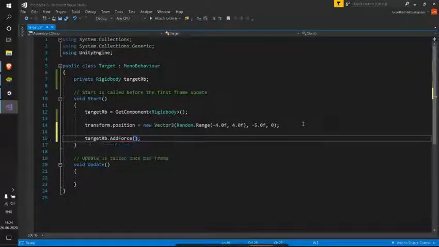As we already know, a vector has a particular direction and a particular magnitude. So when we say AddForce of this particular Vector3, it will be giving a force in that particular direction with some particular magnitude as defined by us. So this time we want the force to be upward in the y direction.